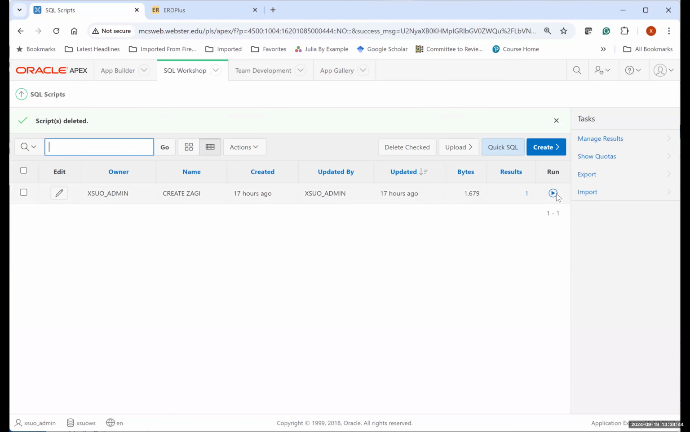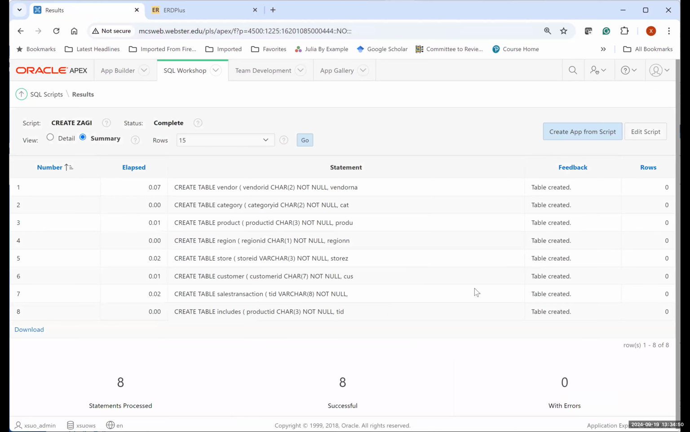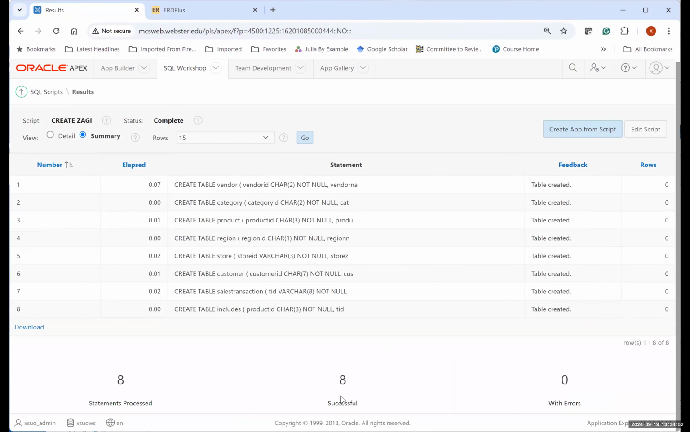So far I have nothing. I'm going to click on this run here. It says run script, right? So I'm going to say run now. You will see this error message down here saying how many errors. In my case, I have no errors, right? So I just had 8 successful, right? So if there are no errors, you should be happy, and you go back to the scripts one